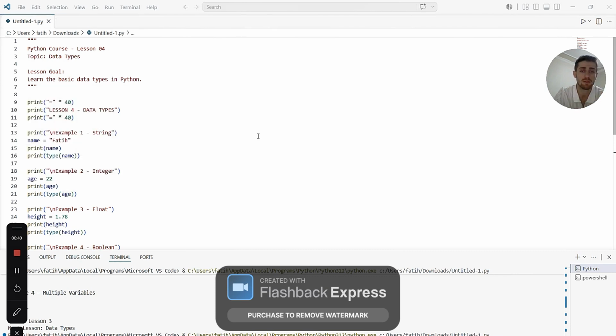For example, a name is different from an age. A decimal number is different from a whole number. A true or false value is also different.